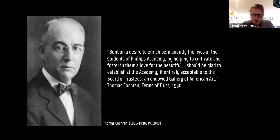But in his terms of trust, which we abide by to this day, he discusses his motivation for founding the gallery. And I should also note that he was not an art collector of any sort prior to the founding of the Addison. But he believed, bent on a desire to enrich permanently the lives of the students of Phillips Academy by helping to cultivate and foster in them a love for the beautiful, "I should be glad to establish at the Academy, if entirely acceptable to the Board of Trustees, an endowed gallery of American art." And this is the terms of trust written in 1930, and they went quite quickly to realize